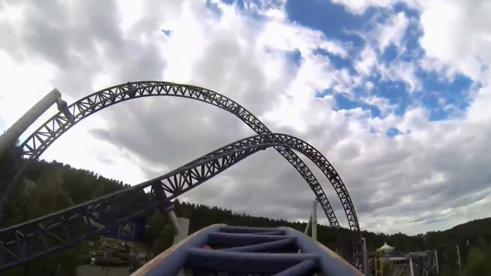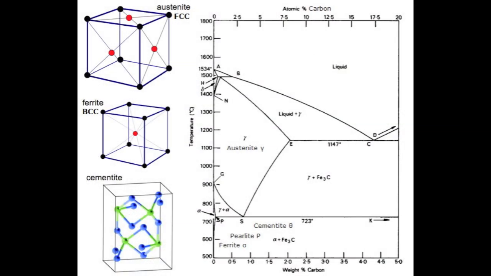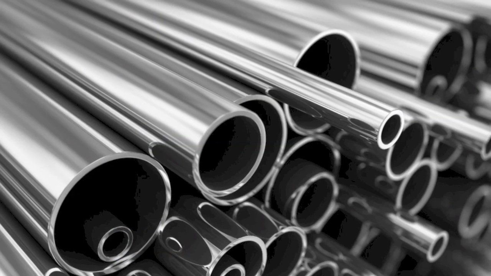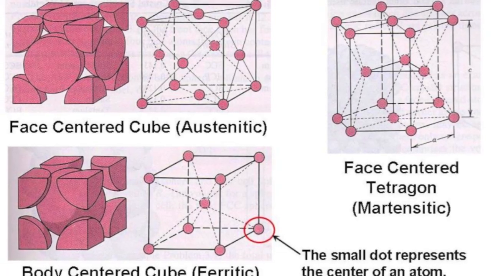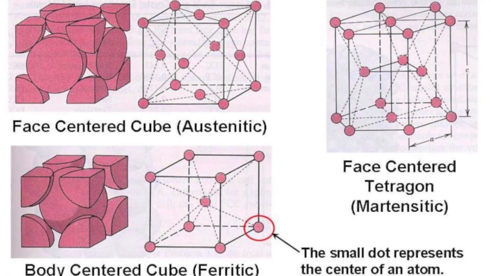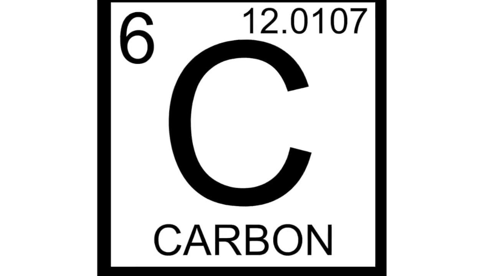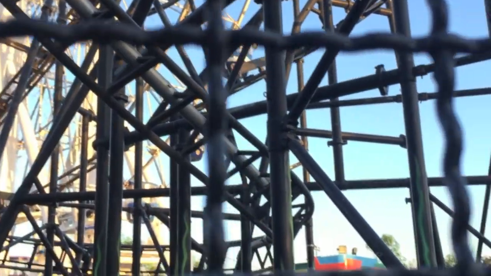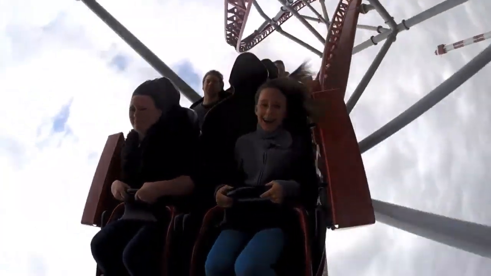Steel has a strong and tensile characteristic because of the carbon added to it. With a certain amount of carbon, steel's crystal structure is distorted and dislocations are prevented, giving steel more strength. However, the effectiveness of strengthening steel highly depends on its crystal structure, lattice spacing, and the amount of carbon added to it. Aside from the materials used in tracks and support structures, the components utilized in building roller coaster cars